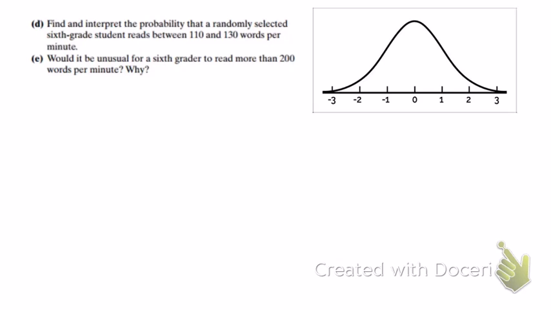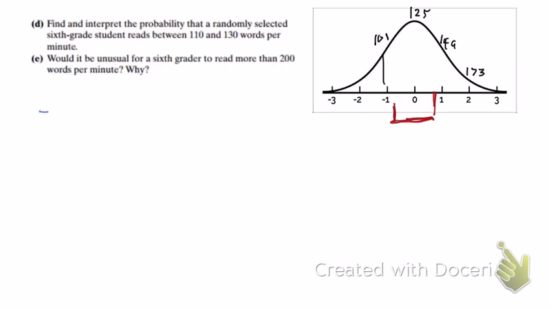Okay, this is between 110 and 130. Let's take a look at it. So what am I going to do? Here's my, this is going to be 149, 173. This is going to be 101. So we're after between 110, which is going to be right in here, and 130, which is going to be over here someplace. We want this group. So I find the z-score for the